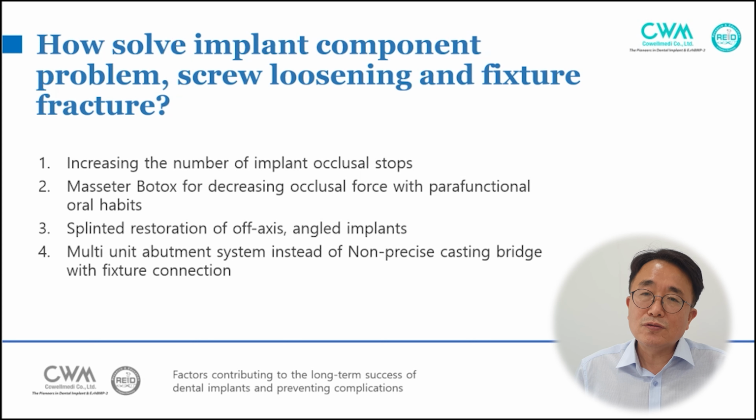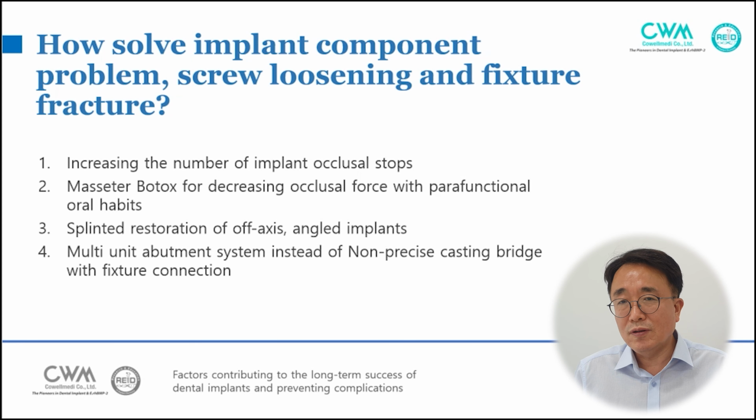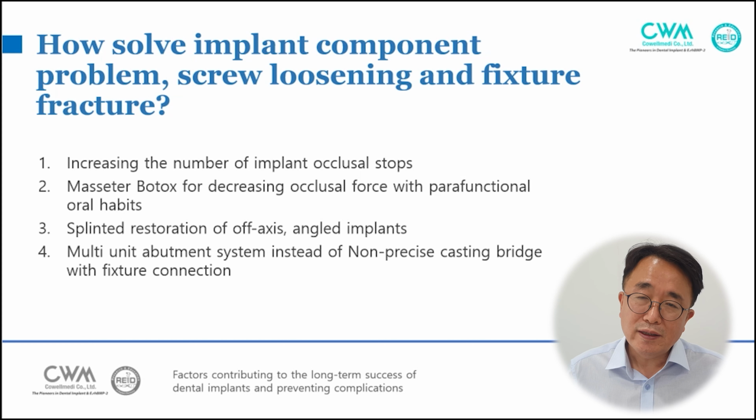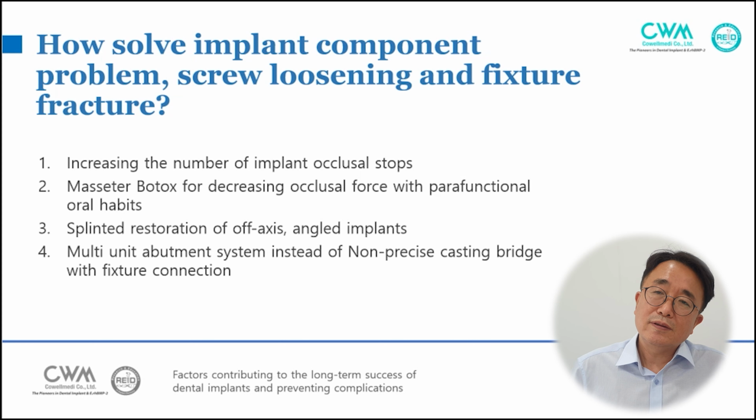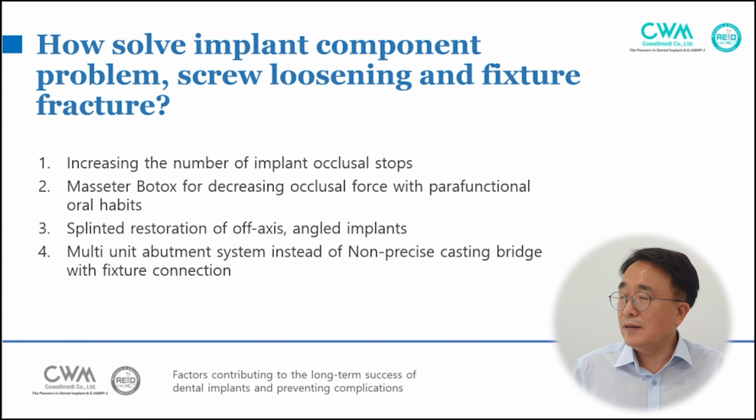So we have to use the masseter Botox technique to decrease the force of the masseter muscle. And third, a patient with a heavy biting habit or parafunctional oral habit has to use splinted restoration, and